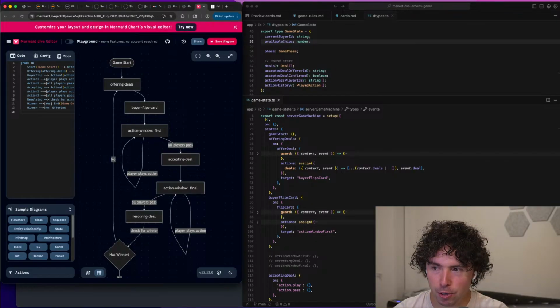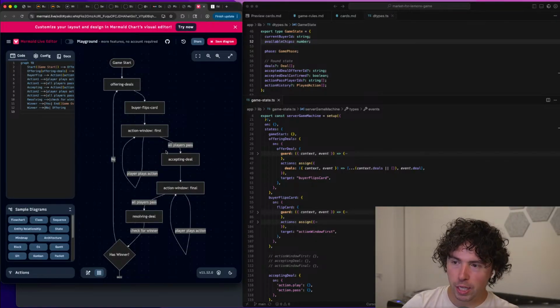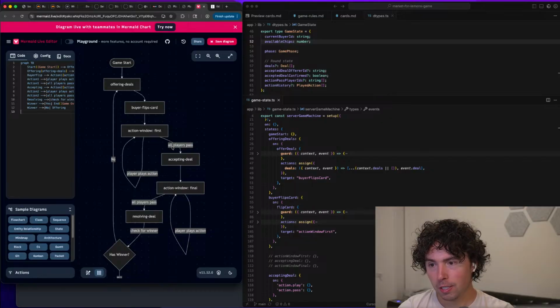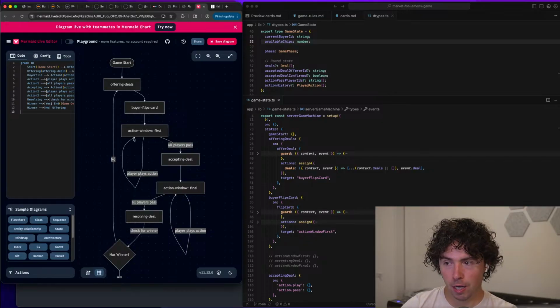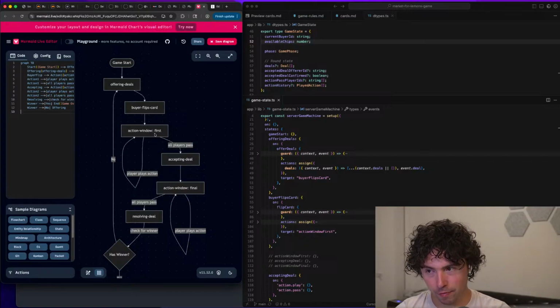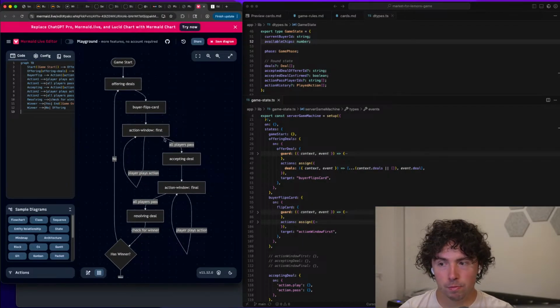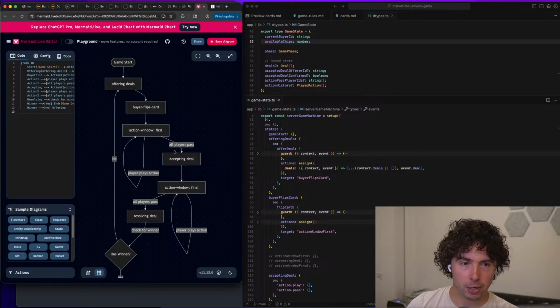The way I have it here is, once we get into this phase, anyone can play actions. So the buyer or the sellers can play those black action cards if they have them. Then at some point in here, once all the players have said, I don't want to play any more action cards, like pass, whatever,